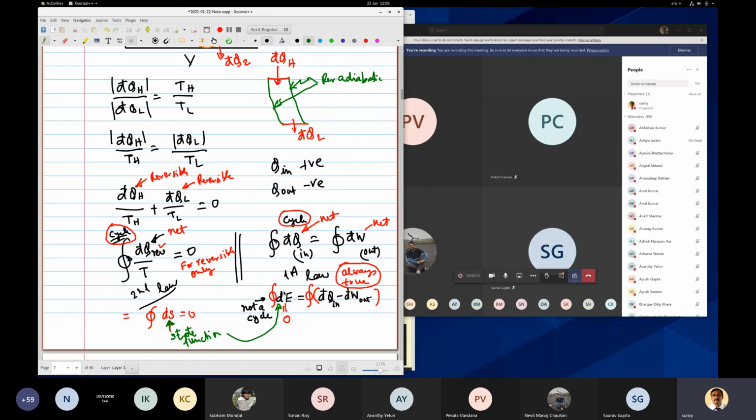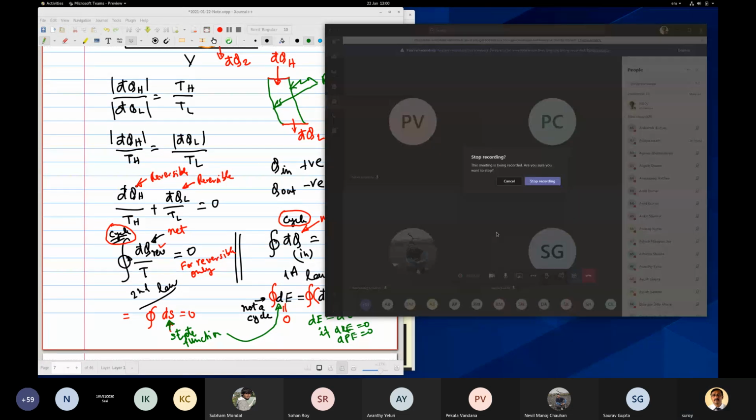How do we use entropy? So basically dE is equal to, d kinetic energy is 0 and potential is 0, so this is dU, a state function. Okay, so we now know what is entropy and how entropy came. I think we can end it here, and we will explain it